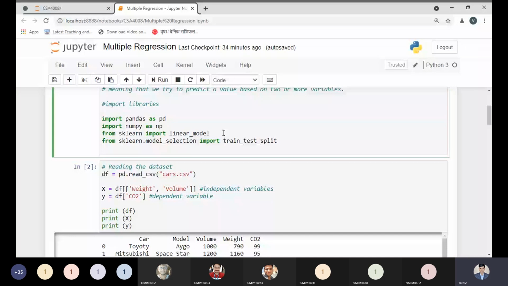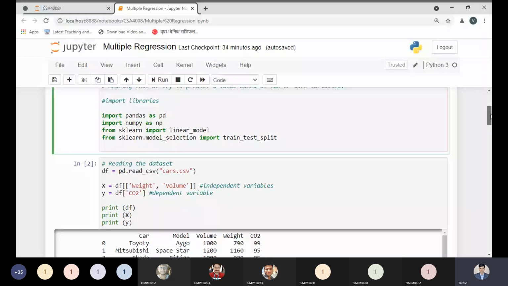We will do the training and testing split, and we will select the linear model. So we will choose a linear regression model, but in the linear regression model we fit our model according to the number of independent variables.